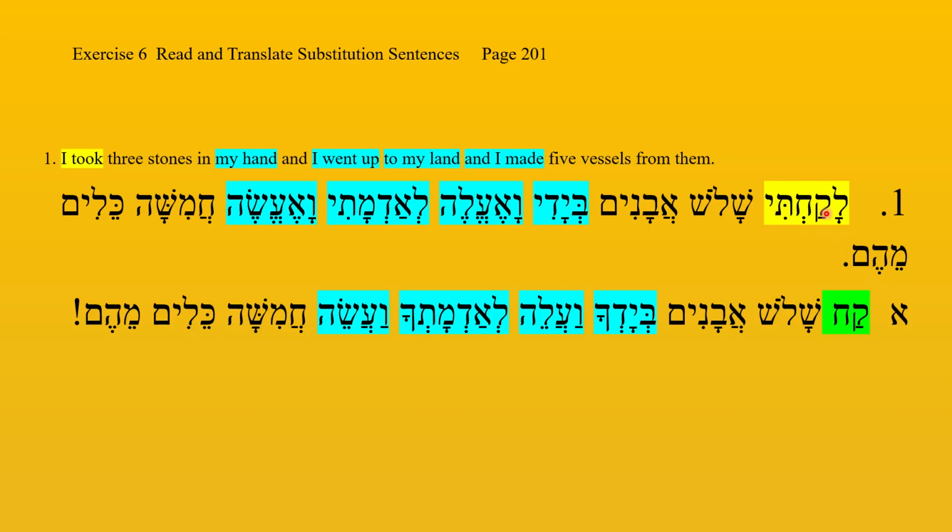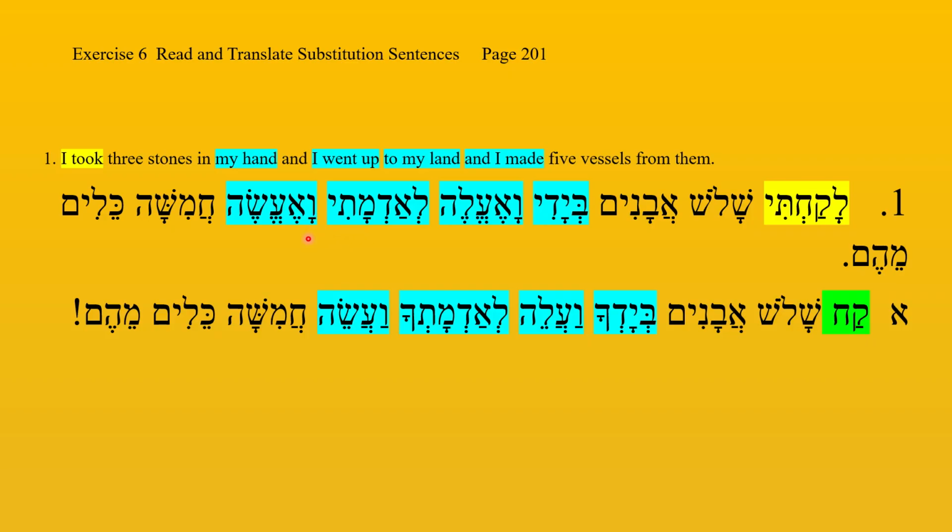So I took 3 stones in my hand, and I went up or ascended to my land. And I think just to be clear, the only word I think that the book gave you for adama is ground or earth, but it makes a little more sense to translate that as land here, which is going to mean essentially the same thing. But if you translate it as to my ground or to my earth, I mean that would be literally correct anyway, or also. Okay, so I went up to my land,